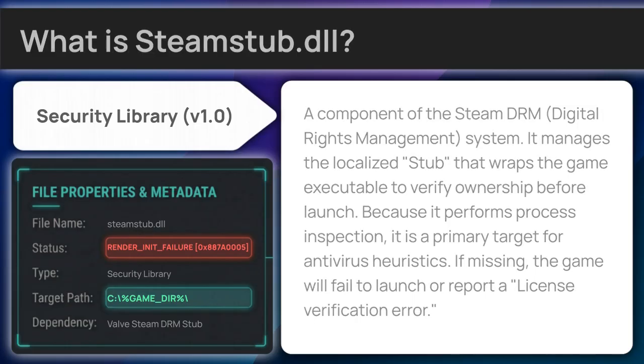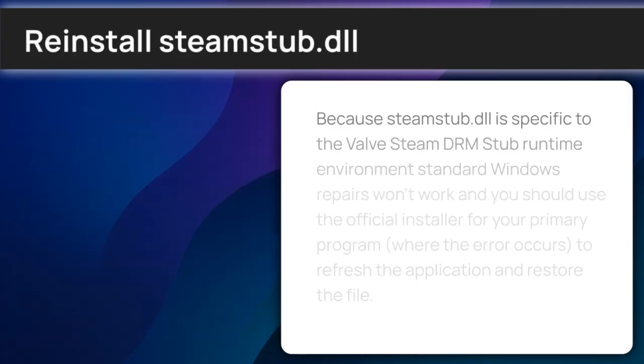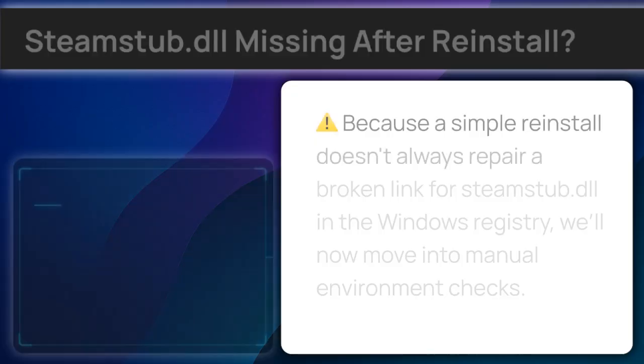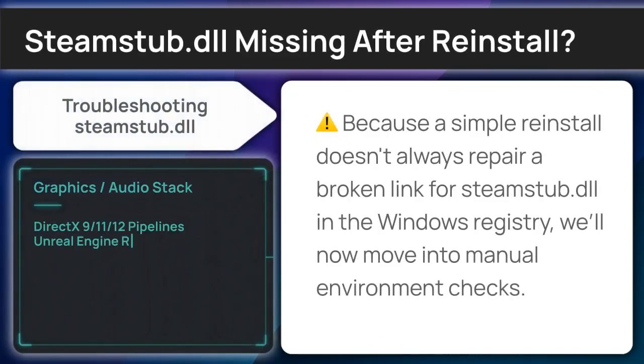Now let's look at replacing it. Because Steamstub Library DLL is specific to the Valve Steam DRM Stub runtime environment, standard Windows repairs won't work, and you should use the official installer for your primary program where the error occurs to refresh the application and restore the file. When a standard software refresh isn't enough, we need to bypass the automated installers and look at manual